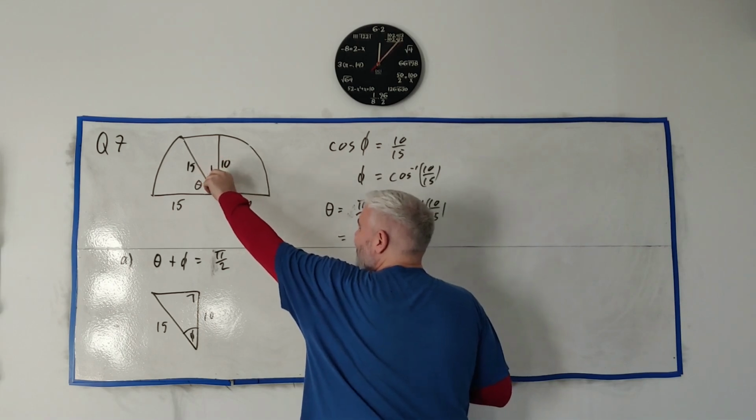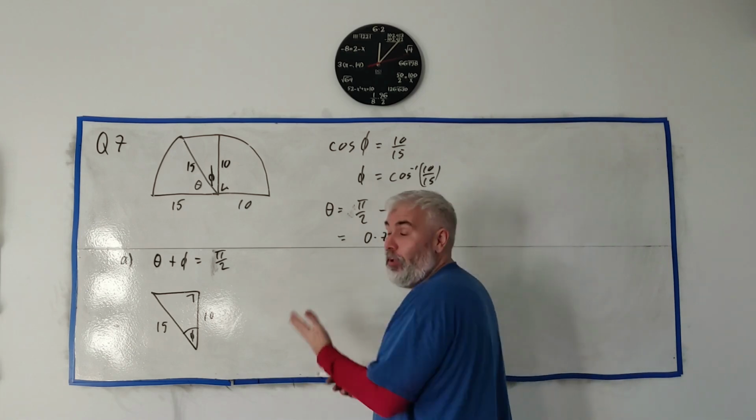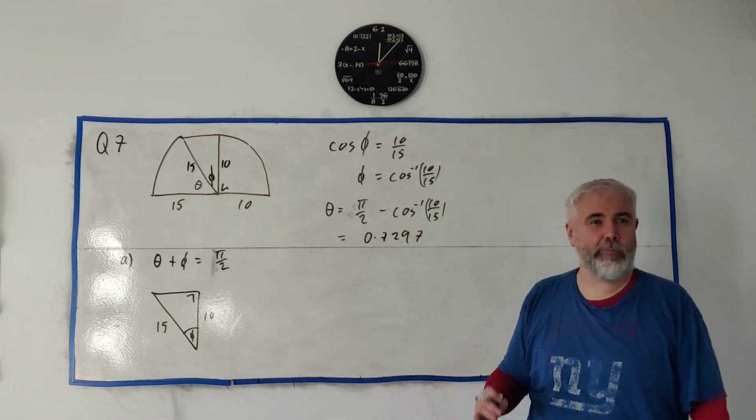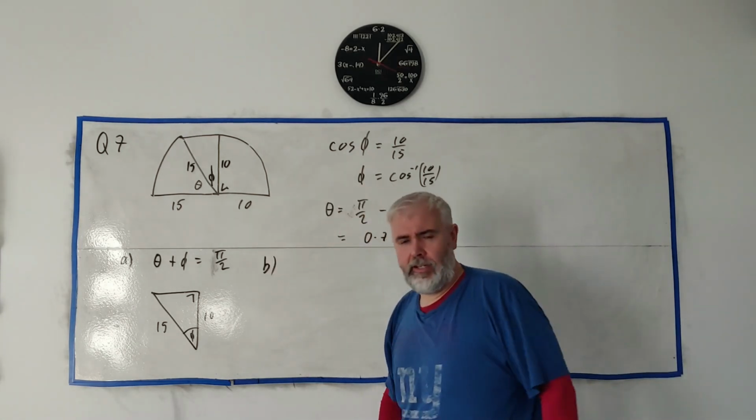And then you had to notice that these angles were related. And then you have to solve it. That's worth way more than 1, 2, maybe even 3 marks. But like I said, part B is going to give you 7 marks for doing